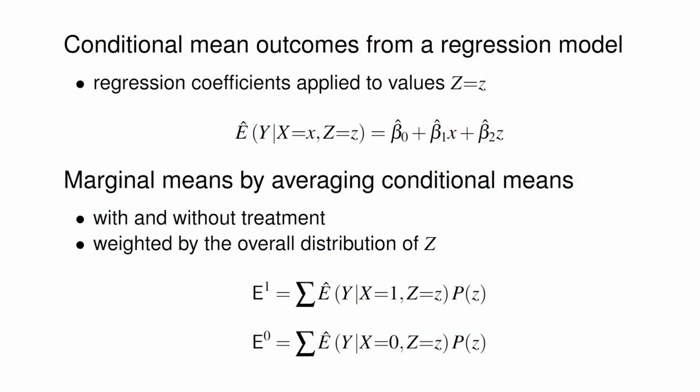Here is the formula. We find the expected outcome for each patient based on the previously fitted model. Its regression coefficients are applied to treatment X and covariates Z, recorded for each patient, applied twice, so that we can obtain the outcomes for the studied and control treatment. Again, for each treatment alternative, we calculate the mean outcome for combinations of Z values. We add up the products of the mean outcomes and the probabilities of Z, and we do this twice, with and without treatment variable. So, treatment variable and covariates determine the expected outcome.